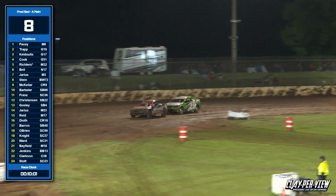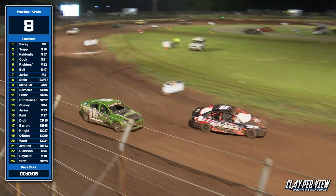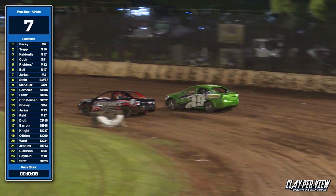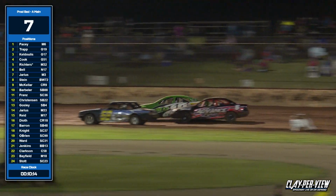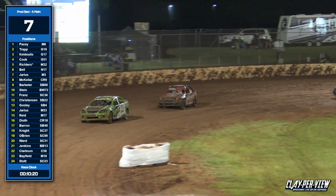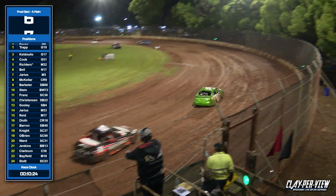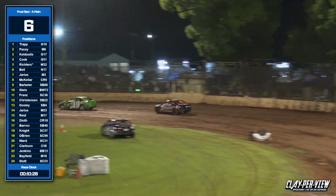And as they head down the main straightaway, Robert Trapp's the one on the outside of Braden Pacey. They've got some lap vehicles in front of them again. Robert Trapp to the outside. Pacey tries to fight back on the inside, but they're side by side around the western corner. And Robert Trapp has gone into the race lead. Down the main straightaway, Robert Trapp. Braden Pacey goes back into position number 3 as Neil Caldulis, Dan Cook would be the next one